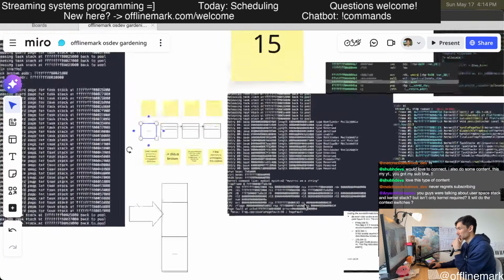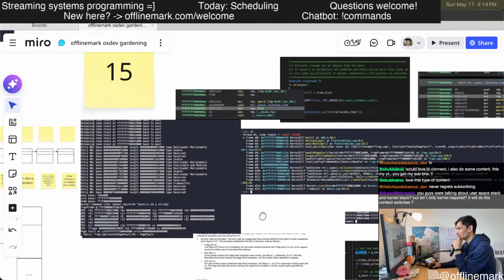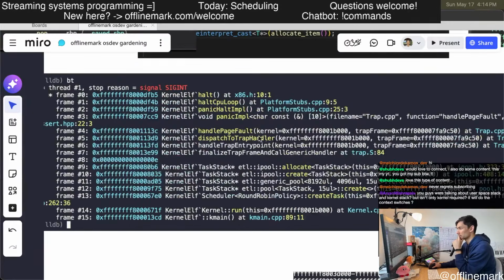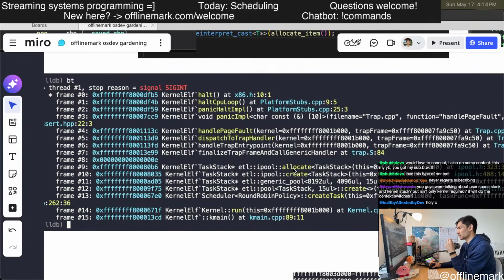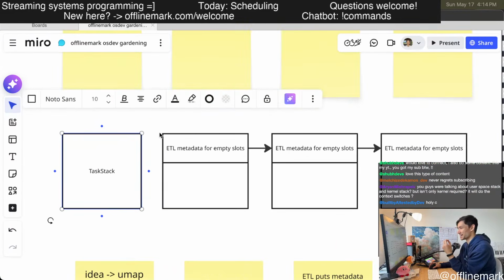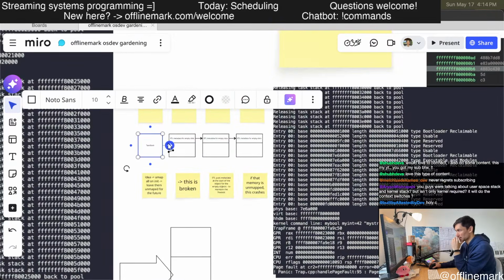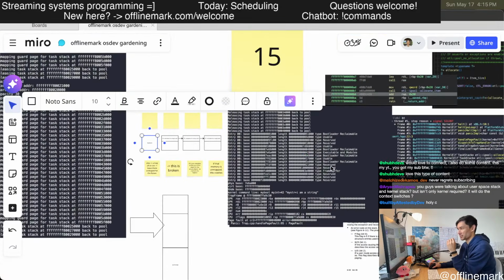So we were seeing page faults, I think. Yeah, I think we were seeing page faults when ETL would crash when it would manage the pool, because ETL requires that the memory stay writable, and it actively uses that space for empty objects. So that was a big problem, and it's an unsolved problem.